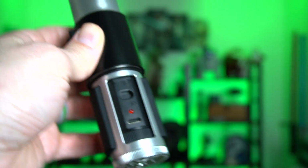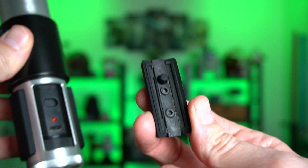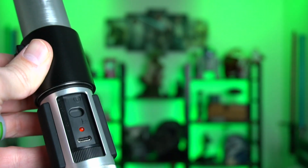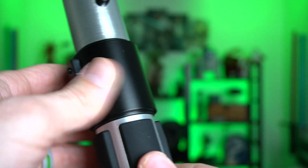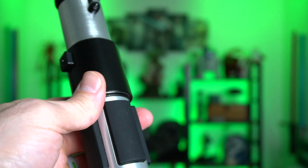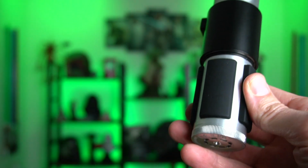Now, I'm not feeling so good about this design. This does not tell me it's going to be secure for the long haul. It blinks when it's charging. It's solid when it's done. I love how their instruction manuals have like no words. They're just pictures and diagrams for any country. So not sure how long that's gonna last. That's definitely the weak point of the saber, is that little pad. And I could picture it like not staying in anymore and having to get some kind of gluey stickers or